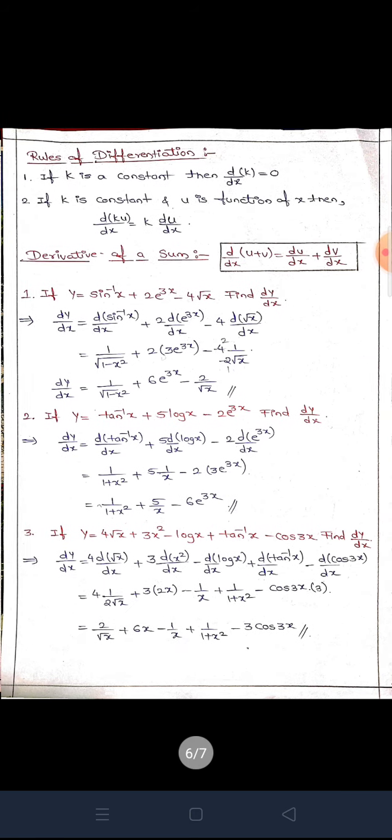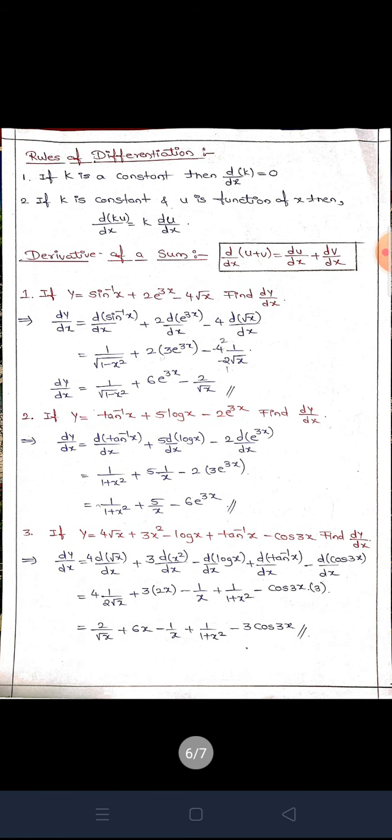Okay, then you have the rules for differentiation. Any differentiation of a constant term is 0, and if you have a constant term, that is k into u, then for the differentiation of a constant times a function, keep the constant outside and do the differentiation of the given function. Suppose you have differentiation of 5x, keep 5 outside and the differentiation of x is 1. Okay, then we will solve a few examples.